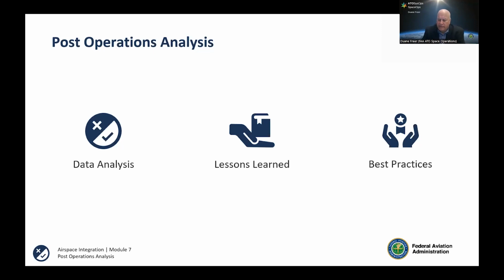Those are both within CENAMER in Mexico. So we've got a letter of agreement with those facilities, and they will be on the hotline during those missions because of the direct impact and the need for them to have that same shared situational awareness. So yes, where there's a need, we absolutely are including other ANSPs.